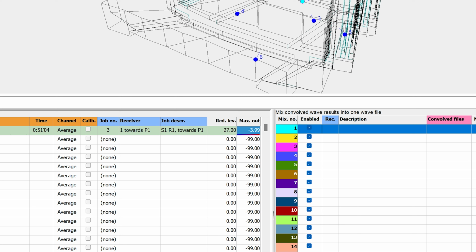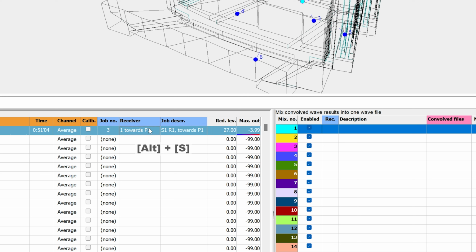We will click on the row to select the convolution, but in order to listen to the auralization, this time we click under any of the blue headers. Then we again use the Alt-S shortcut. Since this is now an auralization, make sure to listen with headphones for the binaural effect.